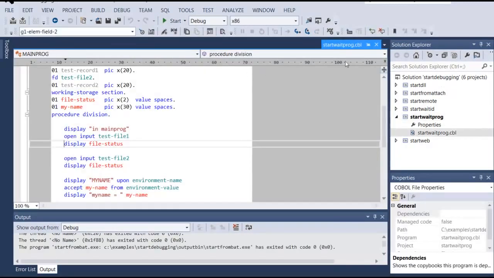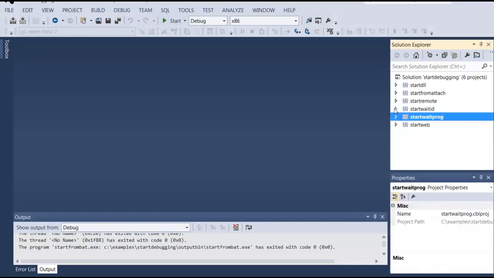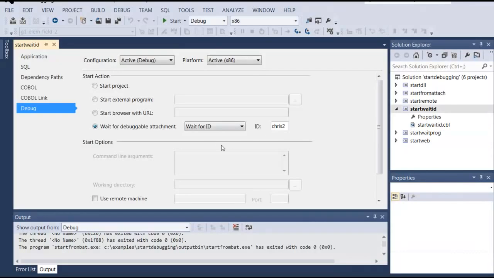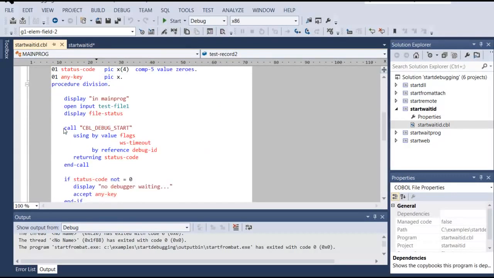Okay, the last option under the wait. Now this is available only for native code. It is waiting for an ID, and I have a separate program here. If we specify wait for debuggable attachment, wait for ID, and then specify an ID name, that means the debugger will be waiting for a particular program that matches that. The way that it matches is the program uses a CBL debug start call, and in it there are a number of parameters. This is similar to the CBL debug break, but you can pass parameters controlling how it debugs,